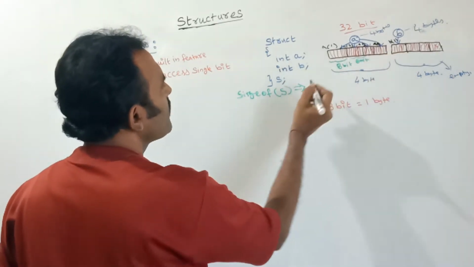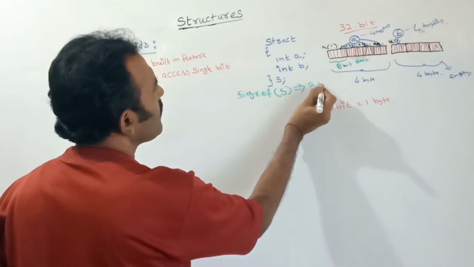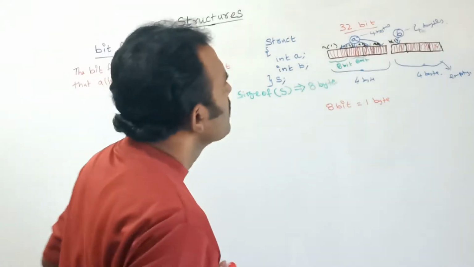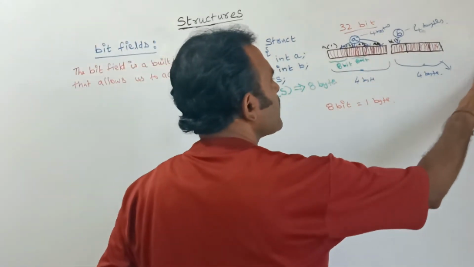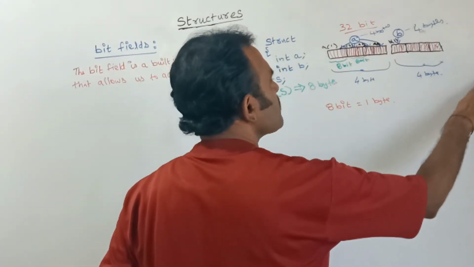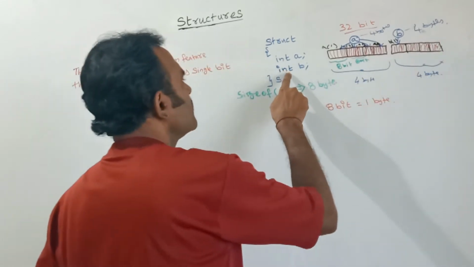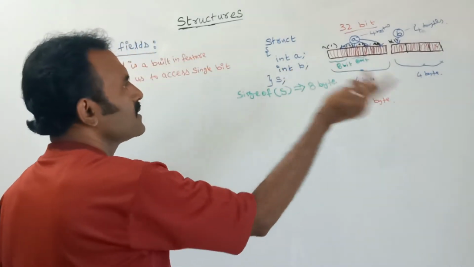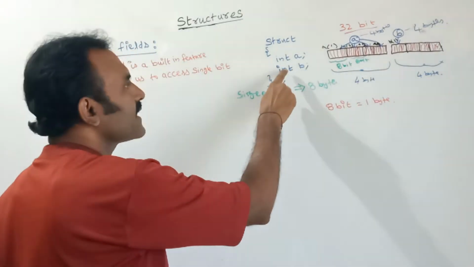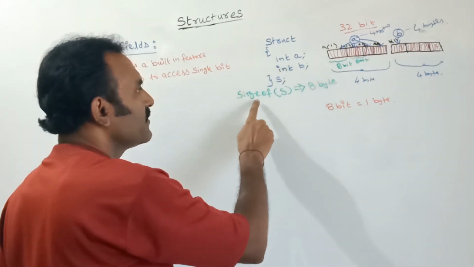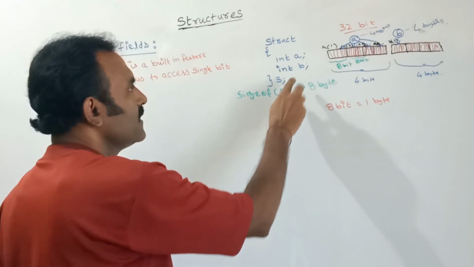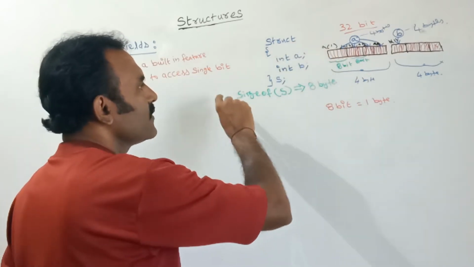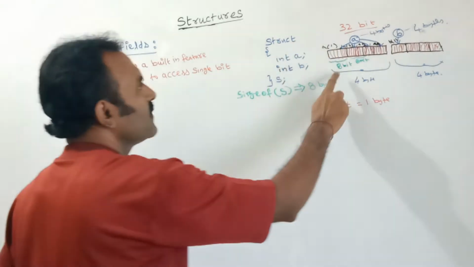Totally 448 bytes. See, here there is no empty space, because this one is integer data type. Suppose you are giving character B here and you are finding the size of the structure variable S, then also the total bytes, how much will it give? This one gives 4 bytes.